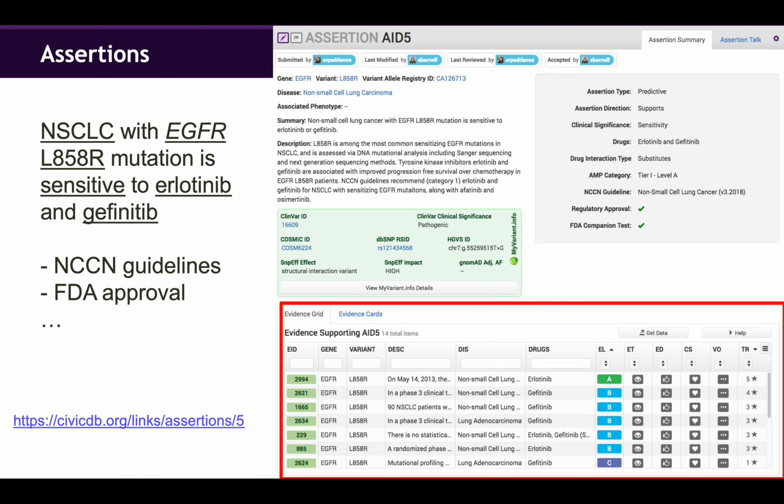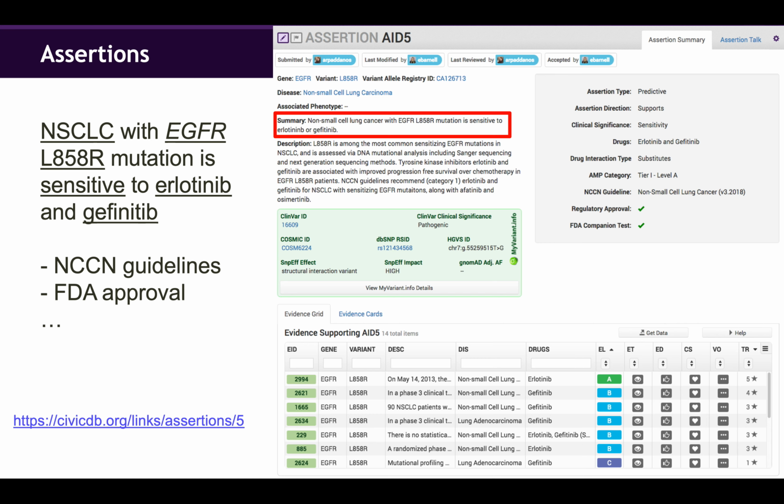This evidence grid is not restricted to evidence from the exact variant or disease defined in the assertion. For example, you can see that evidence for the more general term non-small cell lung carcinoma, as well as for the more specific lung adenocarcinoma, is used here. The summary of these 14 evidence items is noted at the top of the assertions page, again combining structured data with human-readable content. And the assertion can then be assigned a tier and level according to the 2017 AMP-ASCO-CAP guidelines